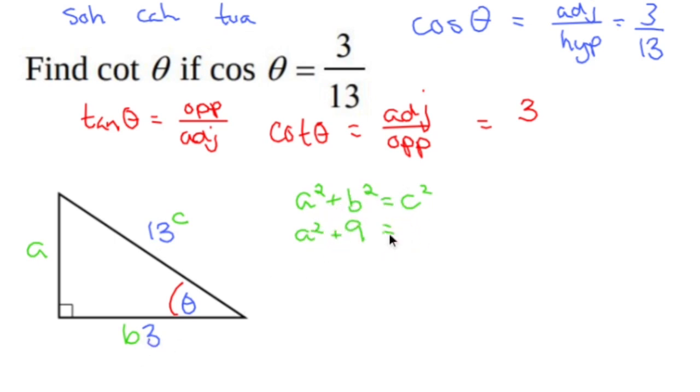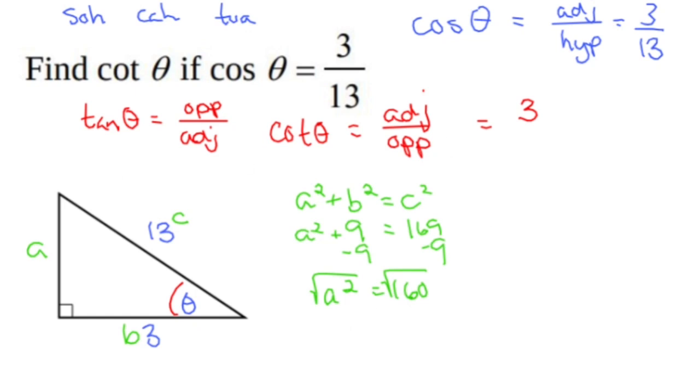Let's skip a step, save some time. C is 13, so 13 squared is 169. Nice. I'm going to subtract 9 from both sides, and that gives me A squared is equal to 160. Square root that. Now, I don't know what the square root of 160 is off the top of my head, but what I do know